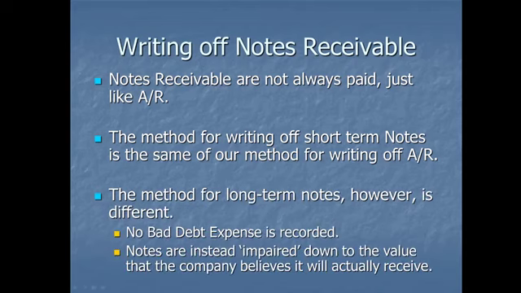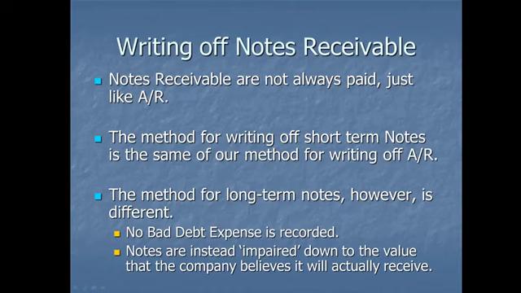With our long-term notes receivable, though, it's a little bit different. Instead of recording a bad debt expense each period, we go through every once in a while and do what's called an impairment test, where we test the note, and all of the notes in our portfolio really, and decide whether or not it's going to stay at the same value it's currently got, or whether we're going to get less than we expect. And if we think it's going to be less, then we drop the value of that note. We don't do it with an allowance and a bad debt expense. Instead, we actually write down the note